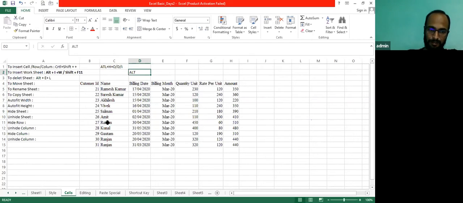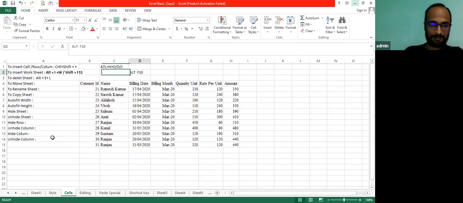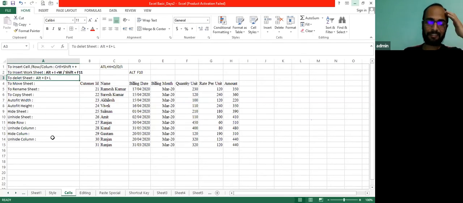You can also use alternatively F10, function 10. So let's move to another command. You can use F10 instead of Alt in case your Alt key is not working.